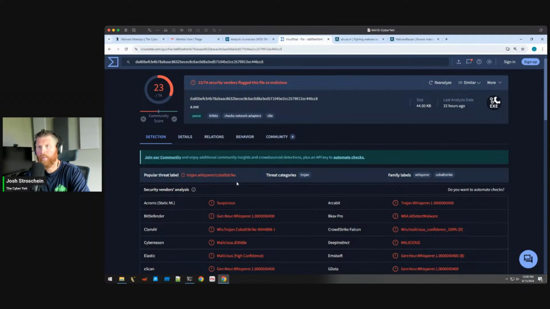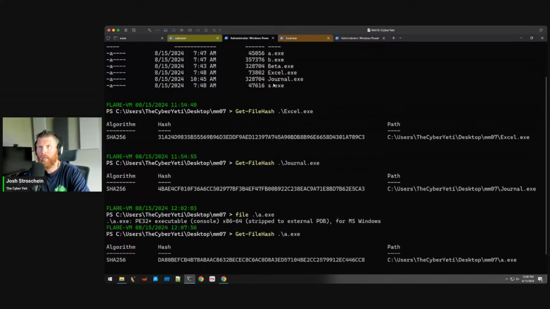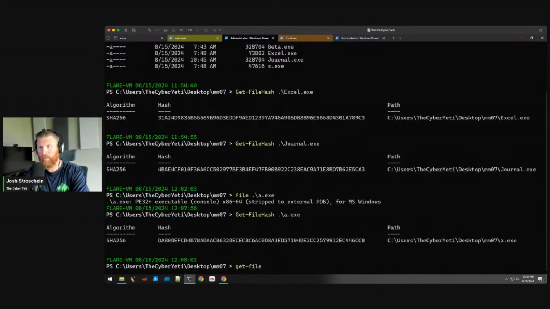Okay, this looks like some more Cobalt Strike, right? So this one I might not take any further, because that's maybe all I needed to know about that sample. I wasn't able to show you the host, but A, B, and S all were on the same host. So I might now at this point go ahead and just get a hash of b.exe,